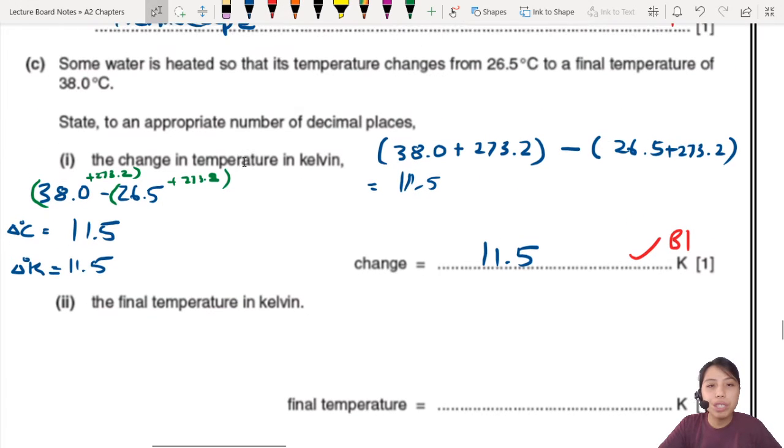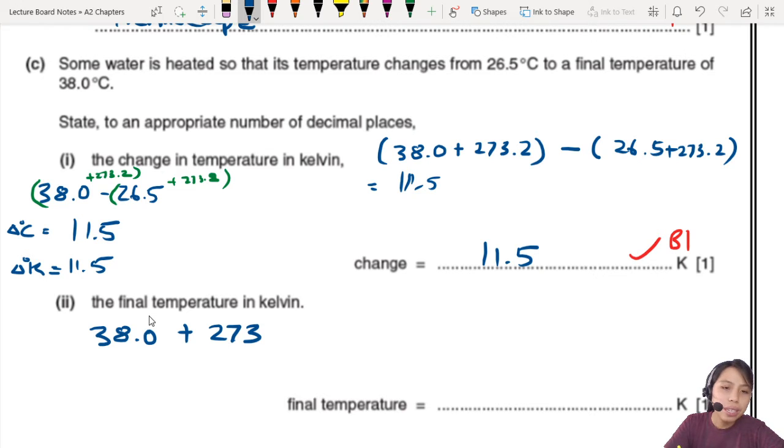The final temperature in Kelvin. Now this is a temperature, not a change. So you make sure that your readings are in kelvins. So just now we have what? 38 degrees Celsius. We need to convert this to Kelvin. So you just add